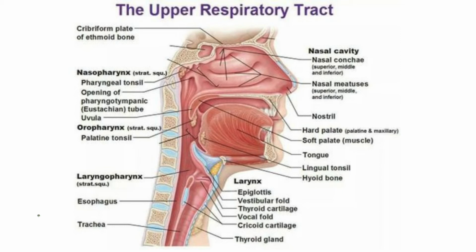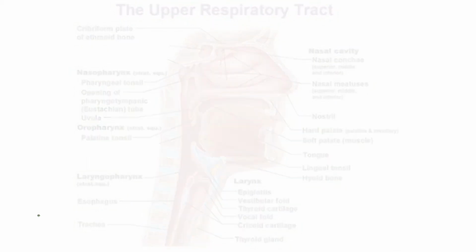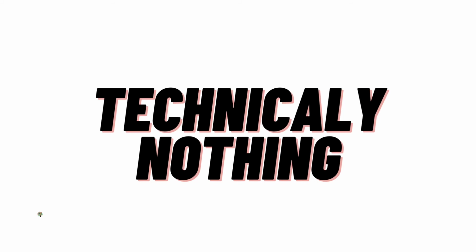Now, we've established how the common cold affects you, and possible complications related to the common cold. But how do we treat the common cold as a disease? Well, the treatment for the common cold is technically nothing. There is currently no antiviral medication that directly impacts the cold virus's reproduction once it's inside the human body. You just kind of have to wait it out and see if your own immune system can kick the virus out of your body.